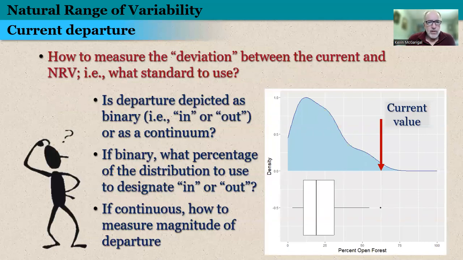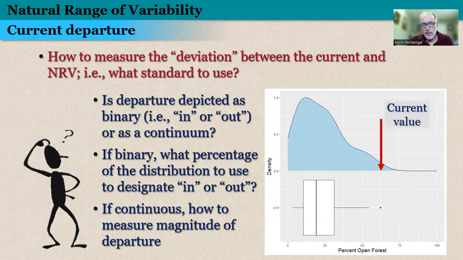So one of the challenges that we face in current departure assessment is determining how to measure the deviation between the current and NRV. In other words, what standard do we use? How do we actually measure departure? So, for example, is departure depicted as a binary, as simply in or out, or as a continuum? If it's binary, what percentage of the distribution do we use to determine whether it's in or out? So, for example, if we were to use the center 50% of the distribution, as is depicted in the box in the plot on the right, we would obviously get a very different